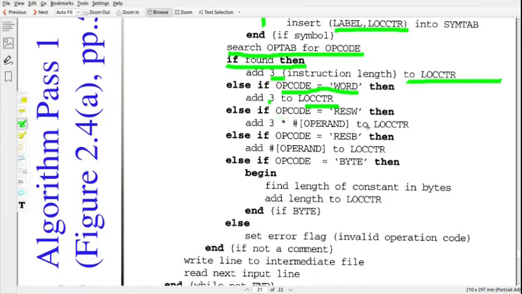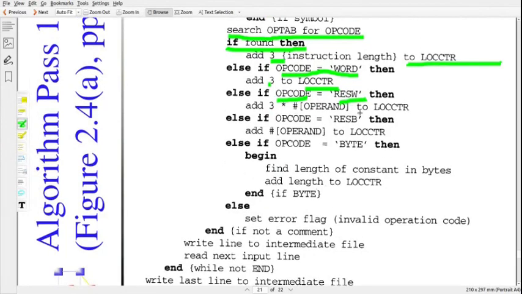Else if opcode is equal to RESW, reserved word, then RESW is usually used for defining a set of memory locations, each of size word. So we need to add 3 times the operand after RESW. So if it is 10, it means we need to reserve 3 into 10 bytes in the memory.